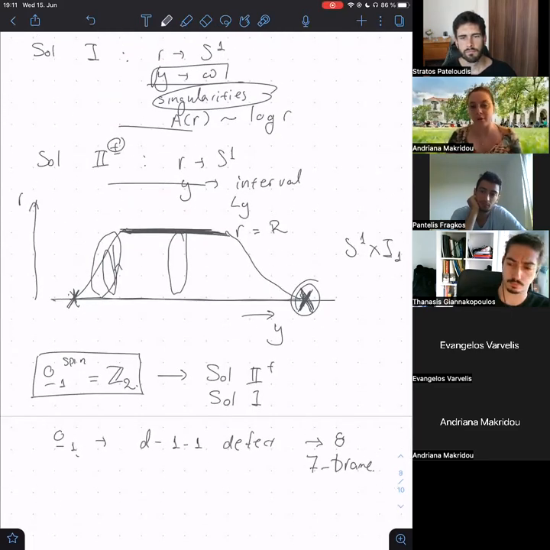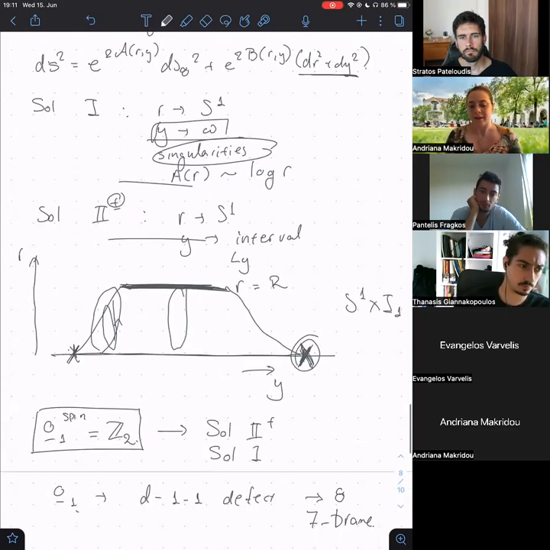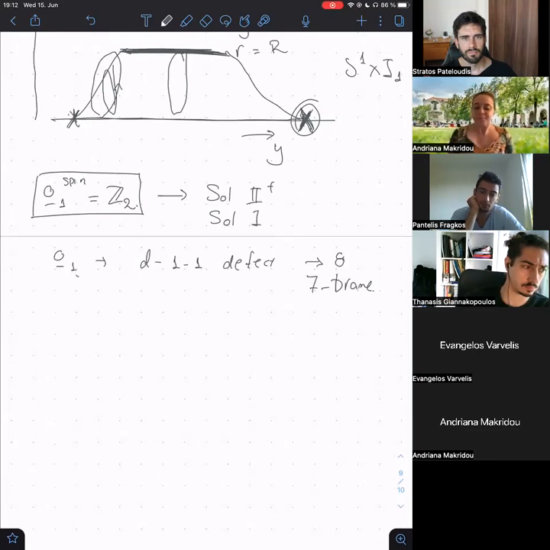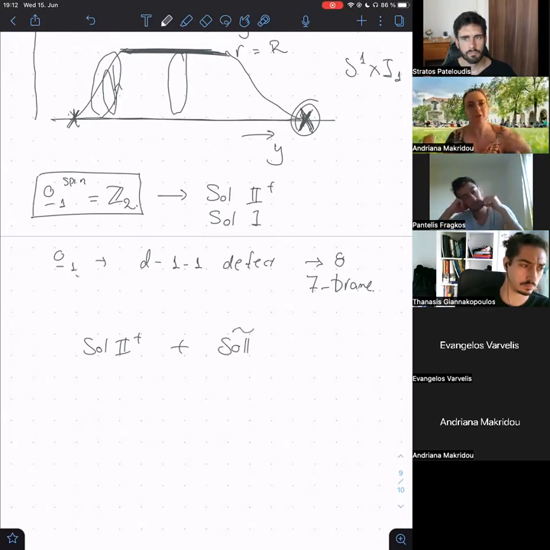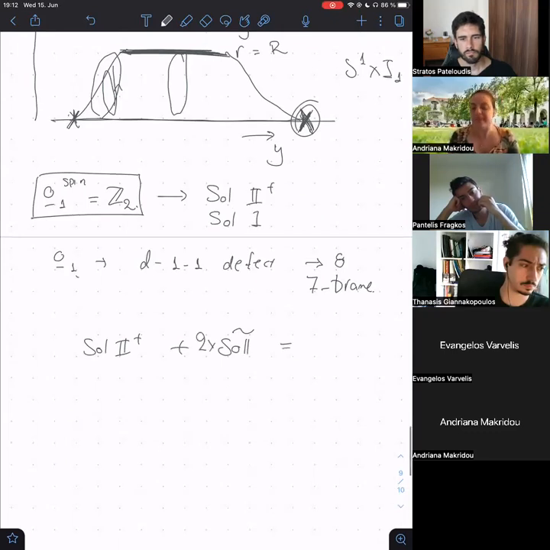The solutions have positive tension. So we have all the arguments to claim that if you place together this 8-dimensional object, there is a pair of 7-dimensional, 9 and 8. Sorry, I was using the 7 brane convention without measuring the time thing. So in principle, in our setup, if you choose solution 2 plus, you can place 2 solutions tilde, which are the solutions of this 8-dimensional thing now, here in the singularities, and this is curing the defects.